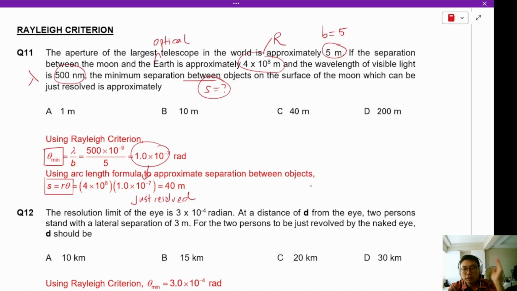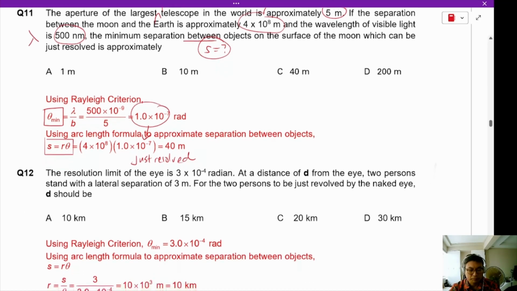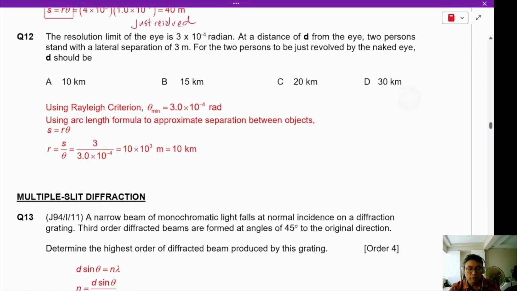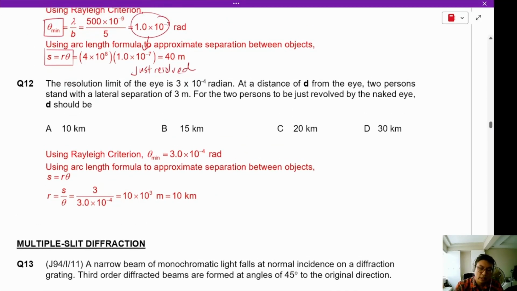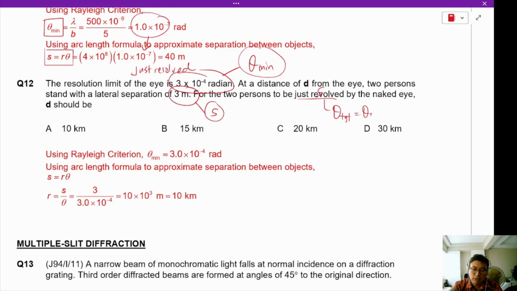That's why we can't use optical telescopes to look at all the landers and equipment that people have left on the moon. Now the resolution limit of the eye is 3 times 10 to the power of -4 radian. So this will be theta min. At a distance of d from the eye, 2 persons stand with a lateral separation of 3 meters, that's s. For the 2 persons to be just resolved by the eye,